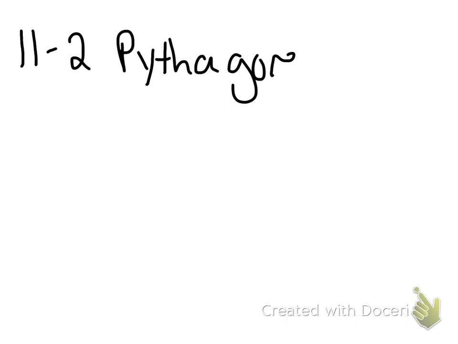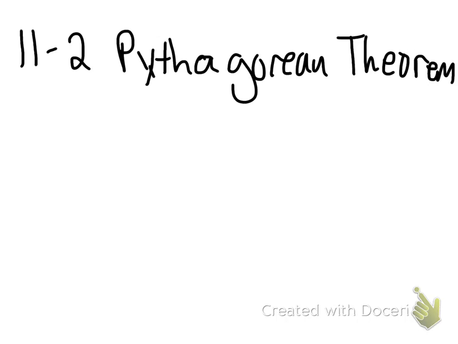Welcome to lesson 11-2. This is the Pythagorean theorem. By the end of this lesson, you should be able to use the Pythagorean theorem as well as identify right triangles. Remember, right triangles you're already familiar with? We're going to use the Pythagorean theorem and we're going to be able to identify whether a triangle is right based